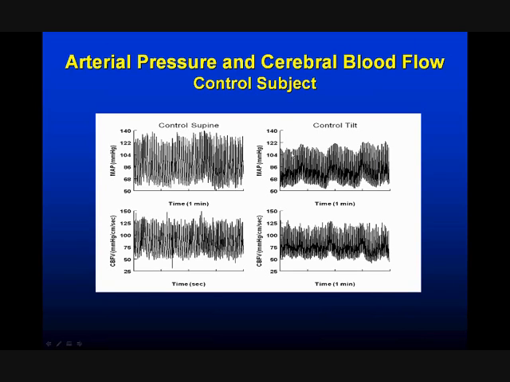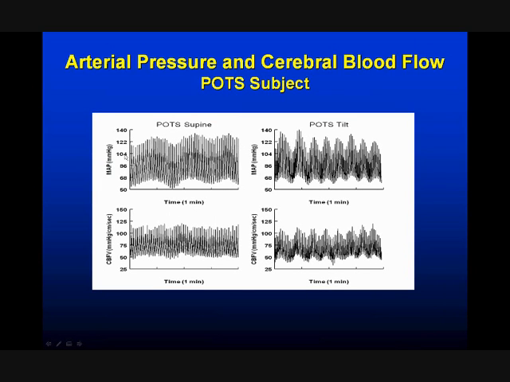Notice, too, that once the individual is tilted, there is a decrease in what's known as the pulse pressure, that is the difference between the systolic and the diastolic. But there are still these small oscillations and changes in blood pressure. But notice that the cerebral blood flow, by and large, remains steady. In contrast to the control,